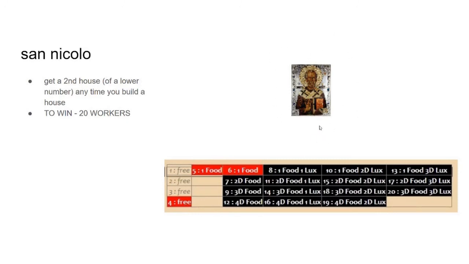Now, San Nicolo's win condition is that all 20 houses must be built. Once all 20 houses are built, if you're the only one who has accomplished a win condition by the end of the game,